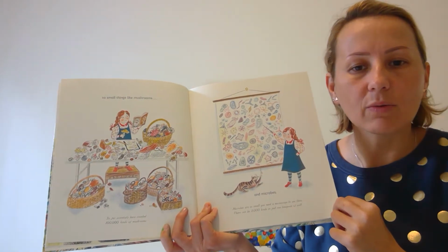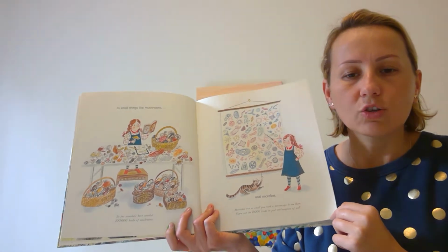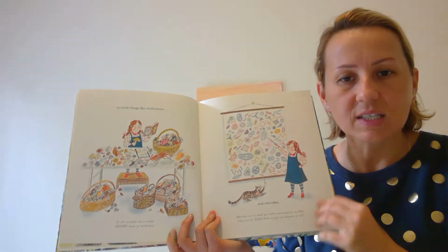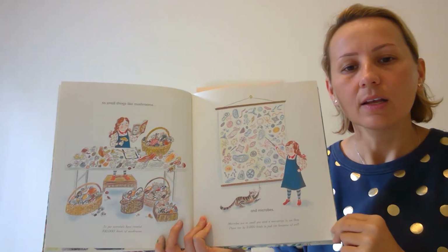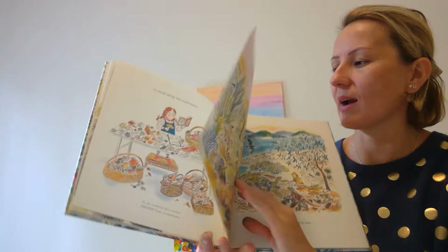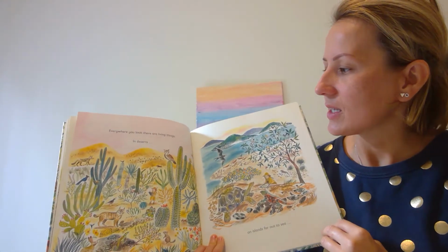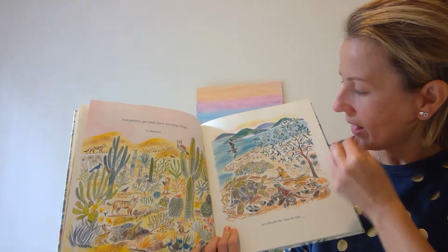Microbes can be found everywhere, in the soil, in our shoes, on our kitchen benches if we haven't cleaned them properly, in our sinks. So microbes are different living things again that can live everywhere, but we can't see them with our eyes. Everywhere you look, there are living things: in deserts, on islands far out to sea,